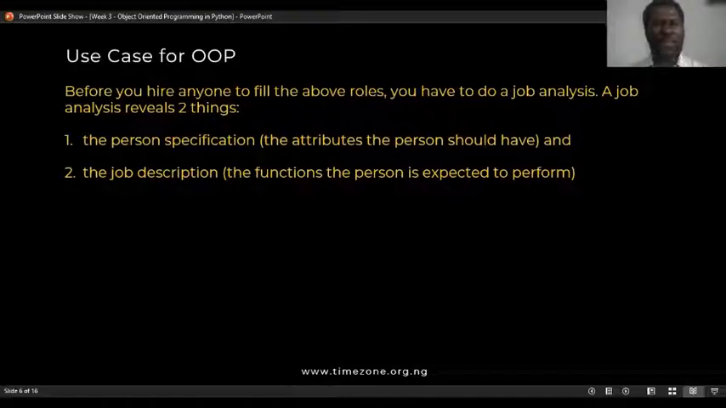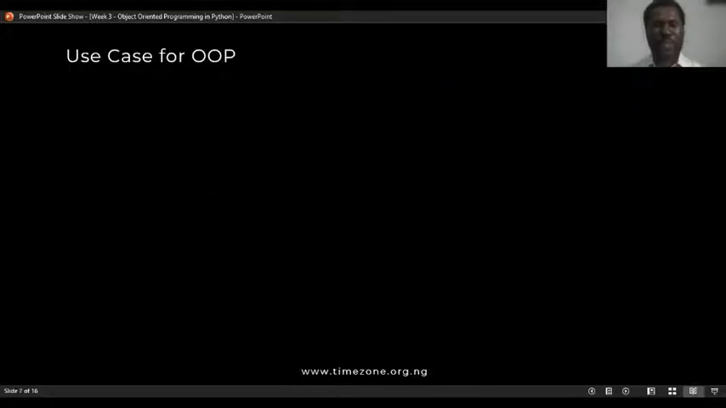And then the second thing in that job analysis is called the job description, all right? And the job description basically is the function the person is expected to perform. So these two things are what determines who comes in to take those jobs that we just saw earlier, all right? So in this case,